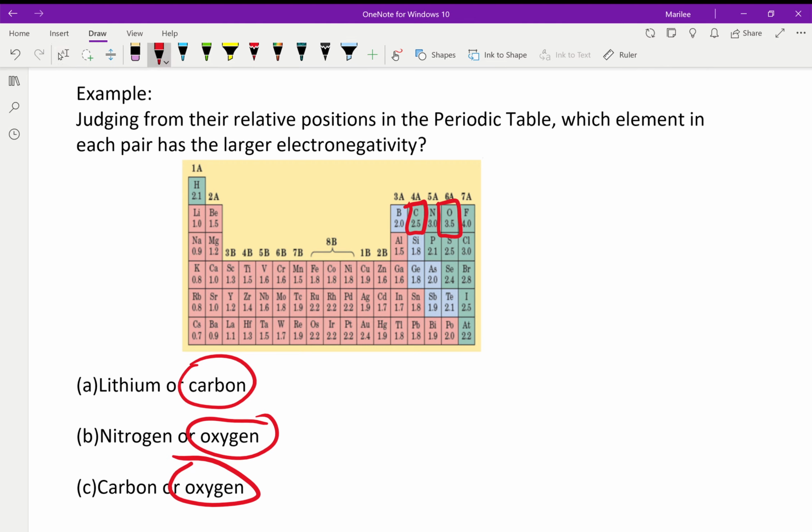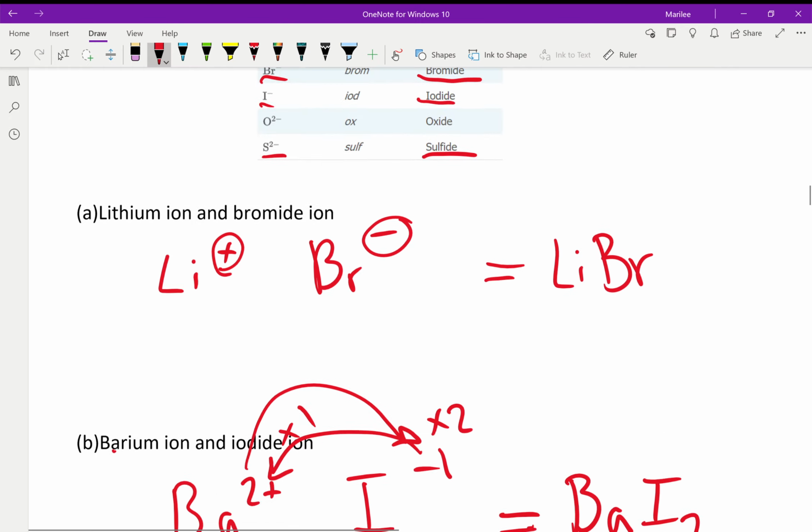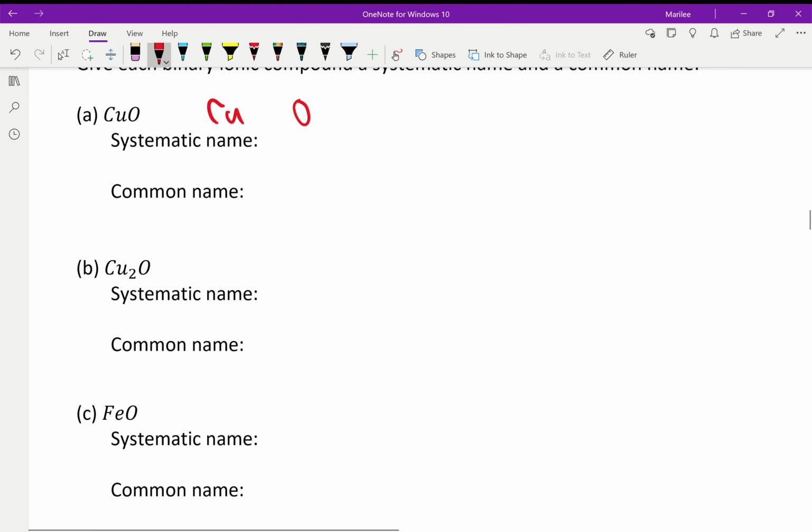So oxygen here is in group 6A, right? So oxygen has 6 electrons on its outer shell, and then copper is here. So we would have, sorry, scrolling down,